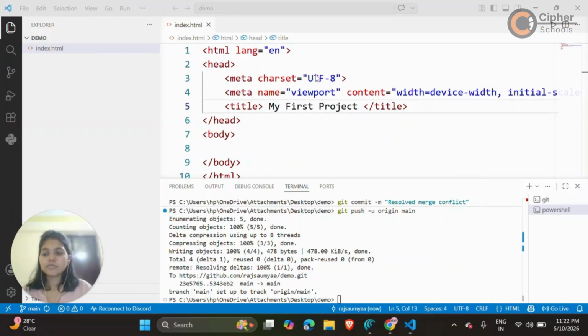Now here comes the most important part of our Git commands, which is the git push command. This command uploads all the commits from our machine to the GitHub repository. The -u here means that it basically saves the connection. So next time I can just type git push and it will be pushed to the GitHub repository.